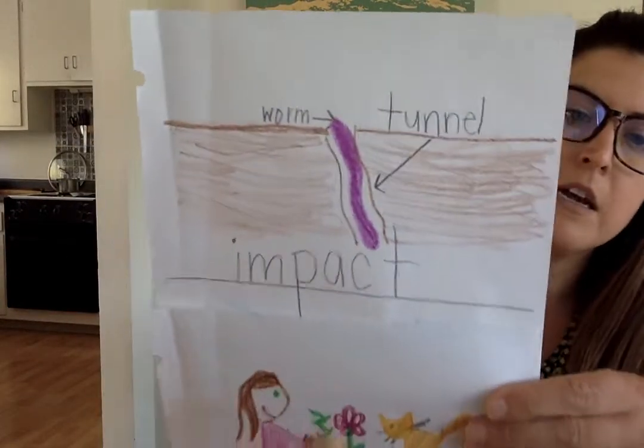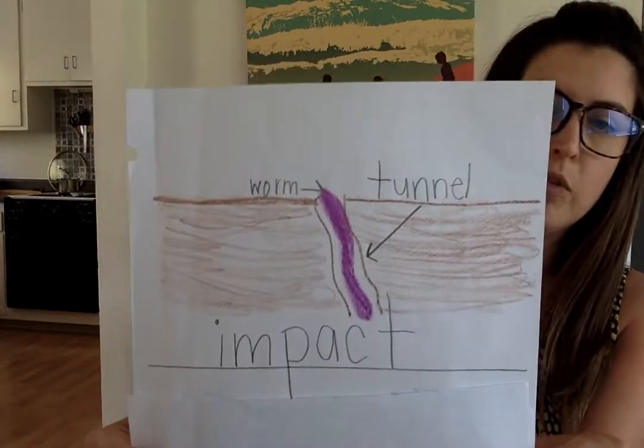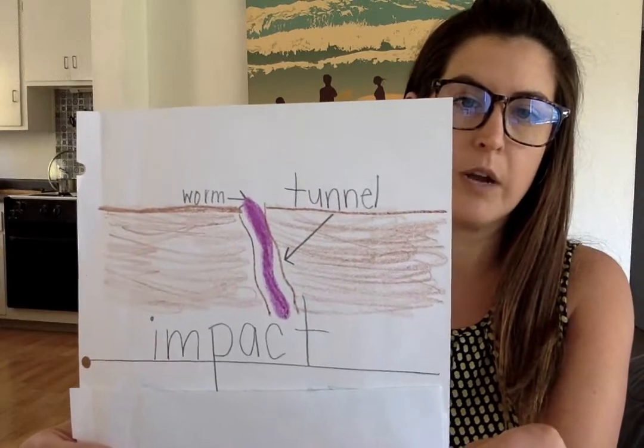We learned that worms have an impact by making tunnels in the soil. Beavers have an impact by cutting lots of trees down and making a dam with them in water. The dam will stop the water from flowing. So you can draw a picture of a worm making a tunnel in soil, but if you think of a different picture that you want to draw for the word impact, that's okay too. Of course, we know butterflies, bees, bats, hummingbirds, they all make an impact by being pollinators. So you could draw a picture about that too.